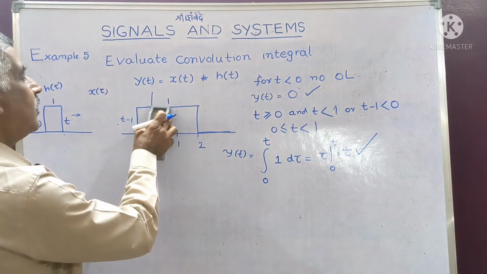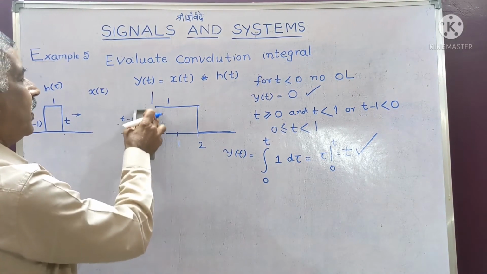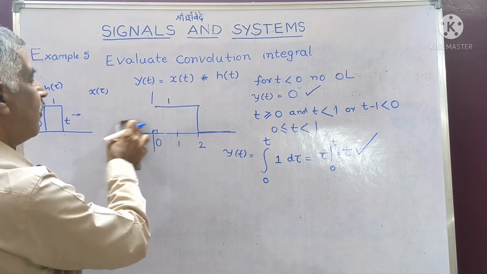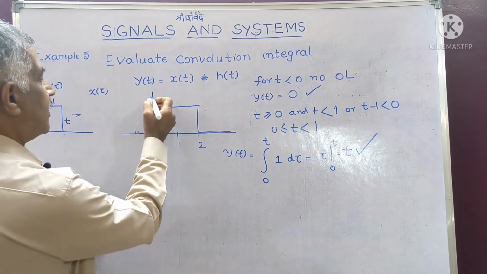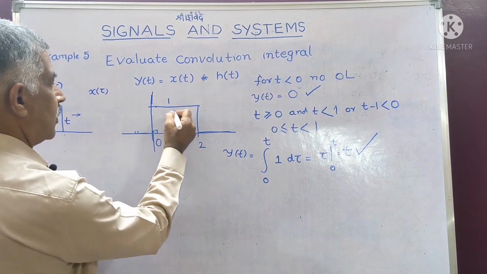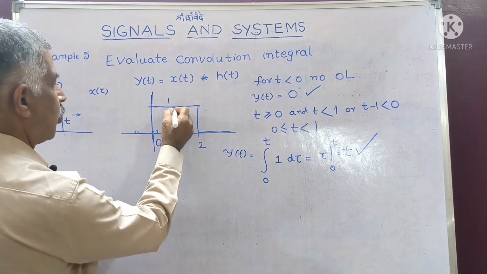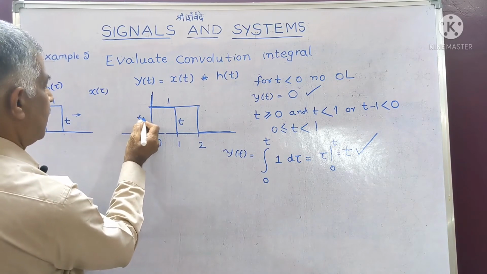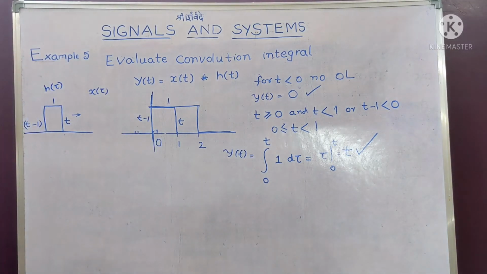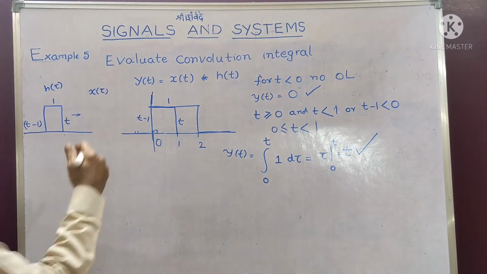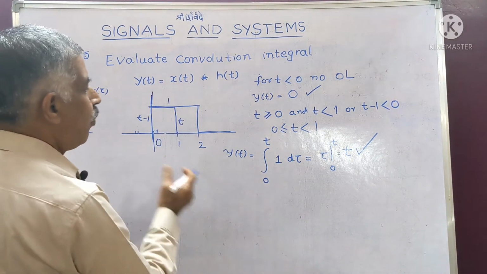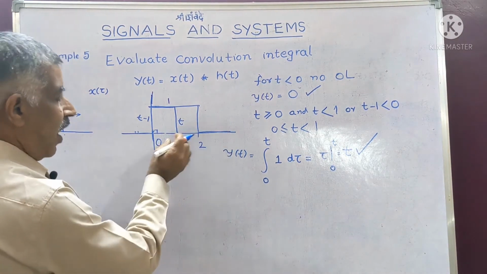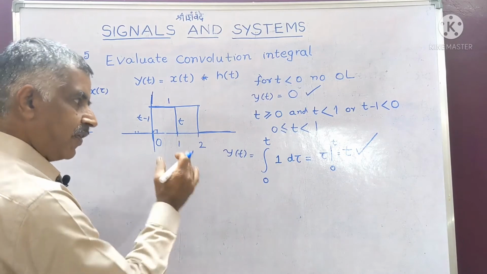Next, third one. Now the waveform has occupied this position. This is the t edge, this is the t minus 1 edge. Now next I have to take this edge. How long should I move? I have to further move by 1 unit. First you find that.